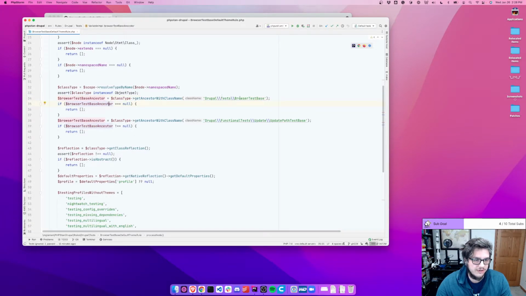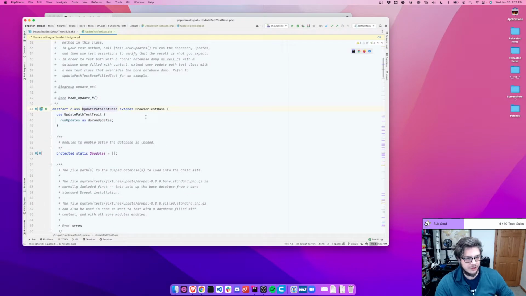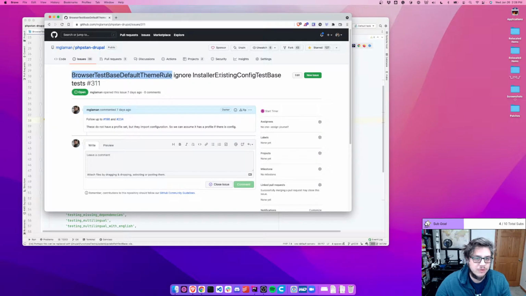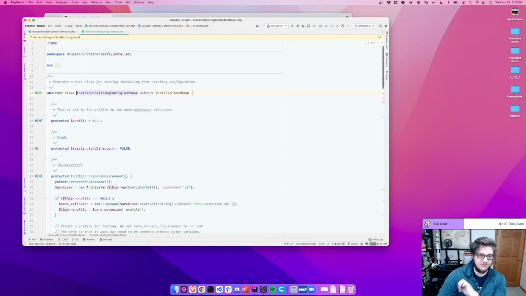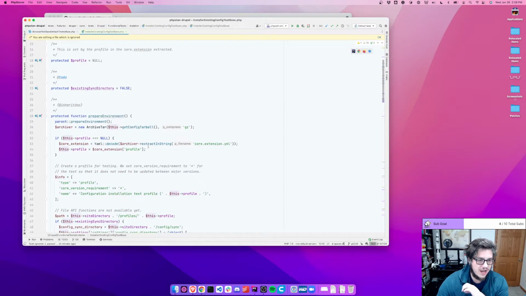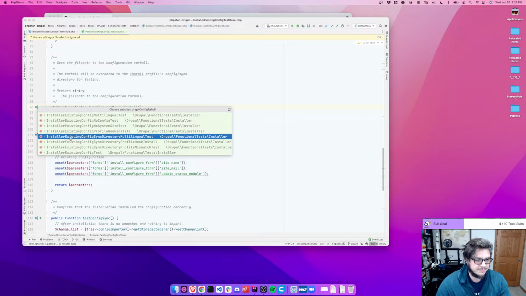So if it's not from browser test base, if it's from update path test base, ignore it because this actually imports existing site data, but so does installer existing config test base. This installs existing config, which has a theme already installed. So this config tarball. So if we were to look at any of these base tests,